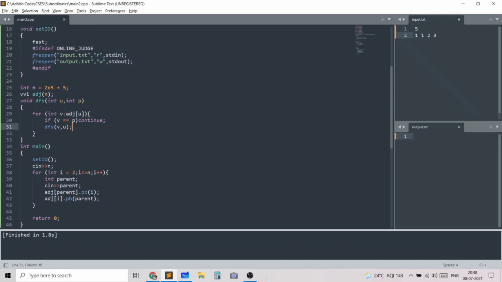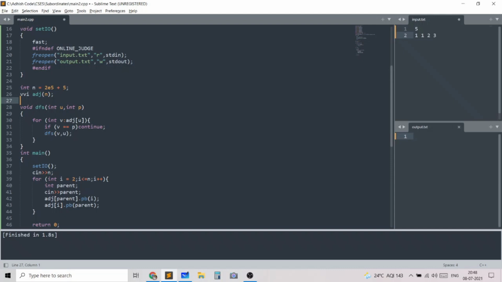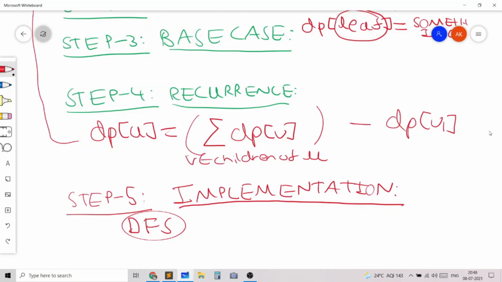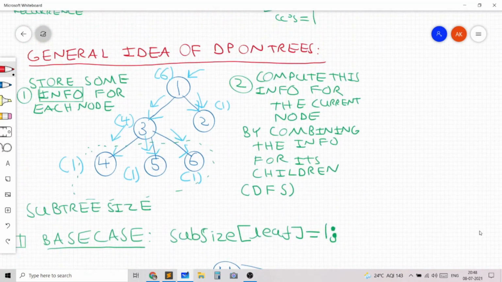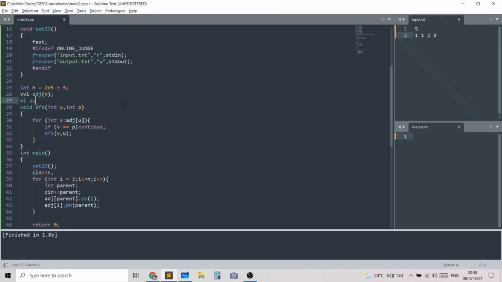code, we need to modify this DFS method and we need to modify our code a little bit more. So what we need to do is we need to store the DP values for each node. So in this case, when we worked out the logic on paper, we used the variable subtree size. So let's keep a global variable subtree size of n, which is the DP values we compute.